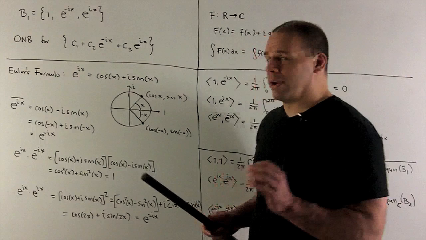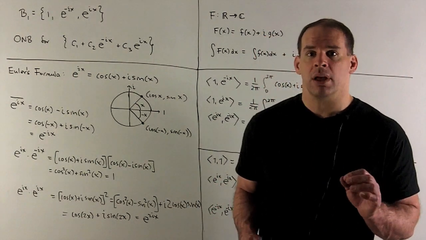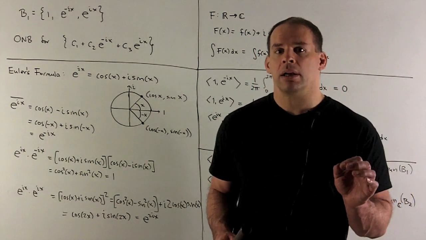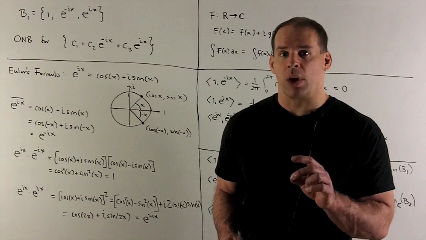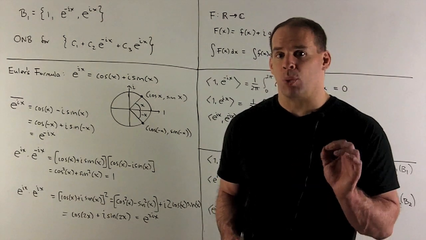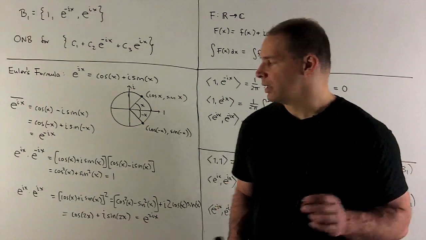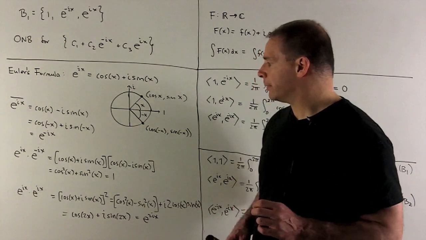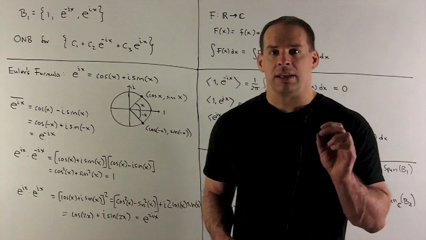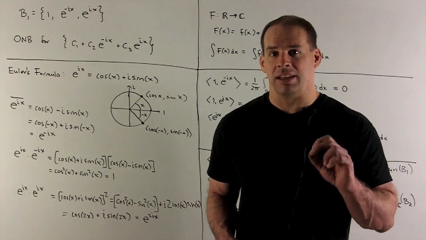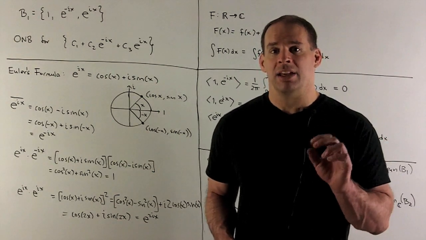Then when I multiply these, we have a difference of two squares. So I'm going to have cosine squared minus i squared sine squared. But i squared is equal to minus 1, so I have cosine squared plus sine squared, and that gives me a 1. So that checks. Then we'll want e to the ix times e to the ix gives me e to the